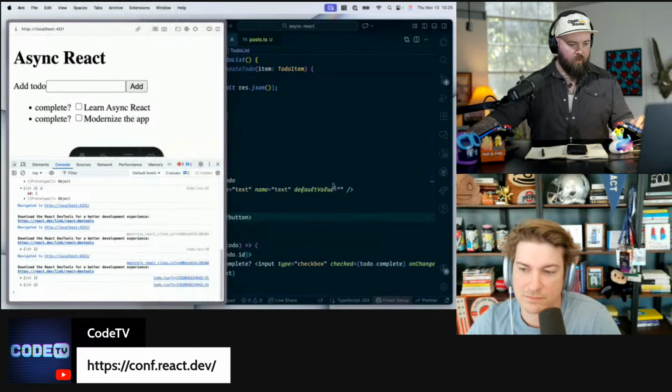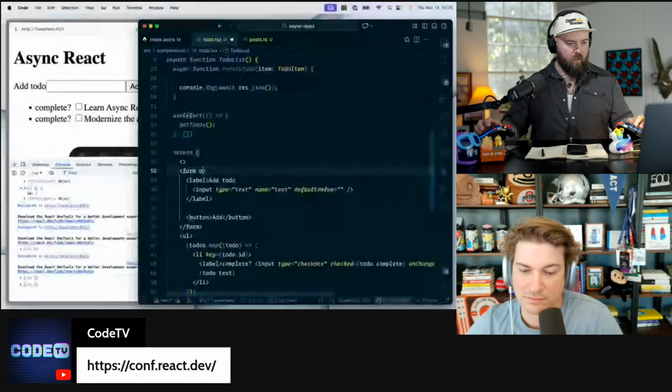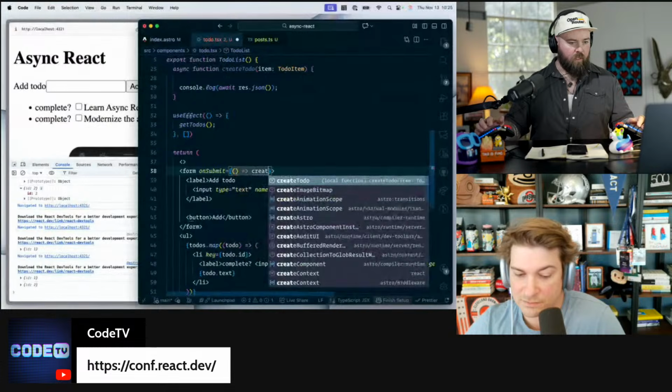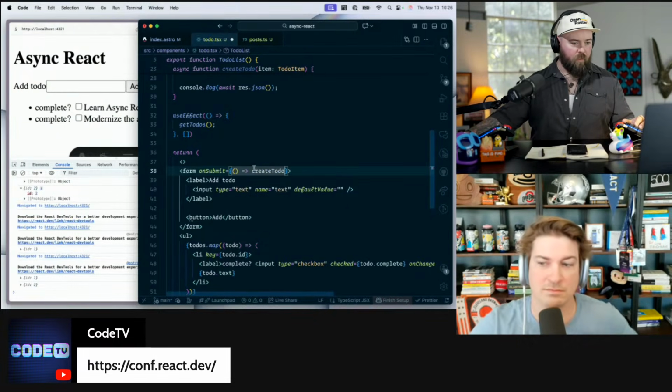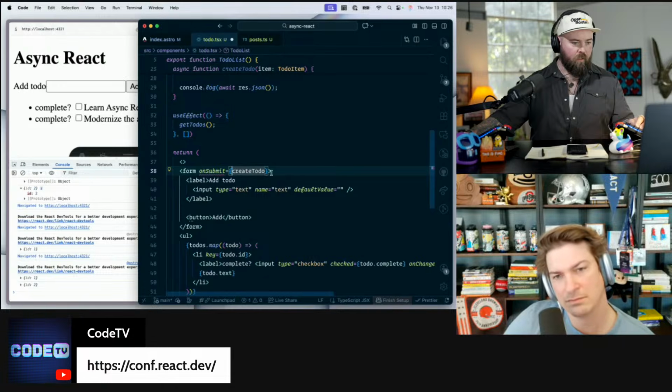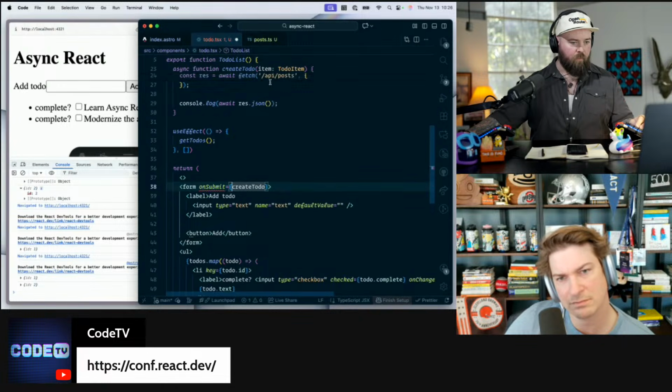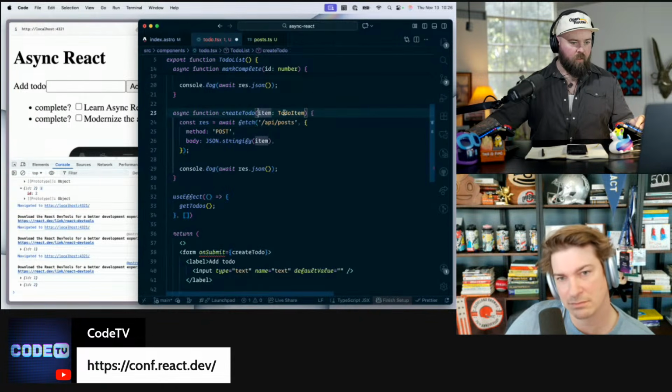And then down here, okay. So then what we want is an onSubmit. We're going to run createTodo. And we need to do that with, actually, why don't we do it this way? Because then we can just use the form input.